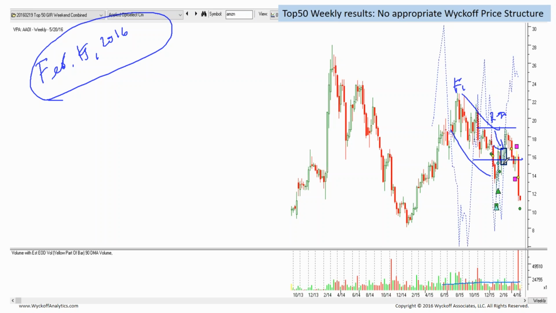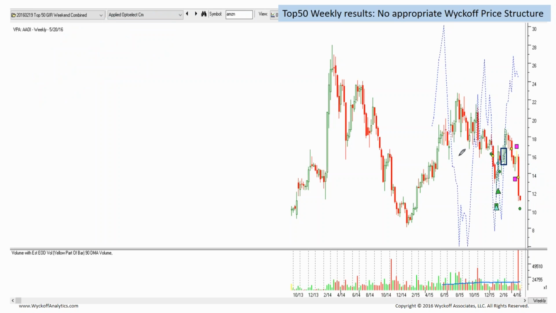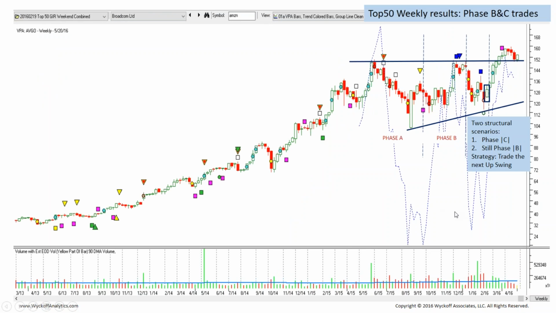And what we can expect is some kind of continuation of this downtrend. So you're looking for any of the signals that are going to continue to the downside. But a stock like this will not attract our attention whatsoever from that scan. The second type of stocks that you're going to encounter are stocks that you're going to find within the structure, within the trading range. So those are extremely interesting to us